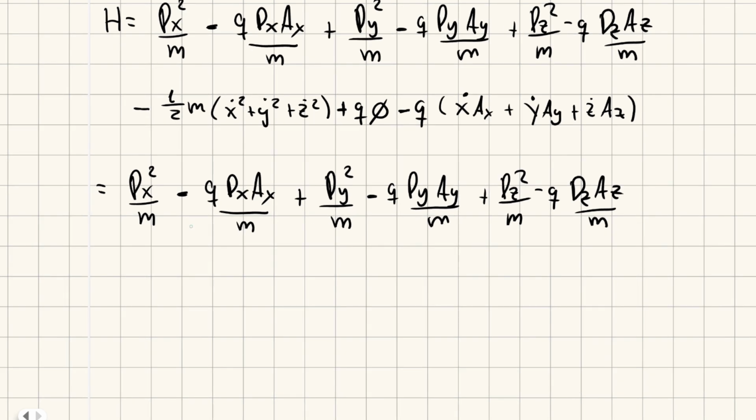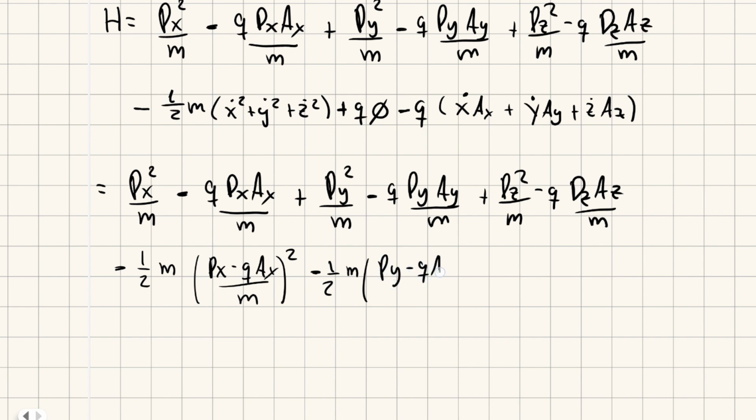Then we will rewrite this part of the Hamiltonian, and we will get minus 1 divided by 2m times x dot squared, but that is px minus q ax divided by m, squared, and then minus 1 divided by 2m py minus q ay divided by m, squared, minus 1 divided by 2m